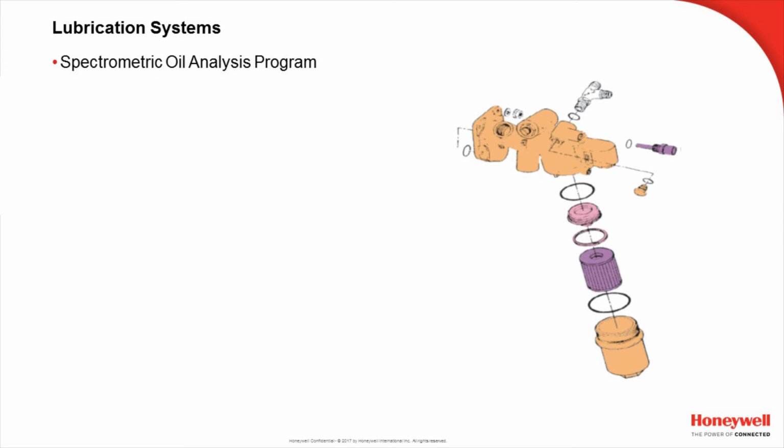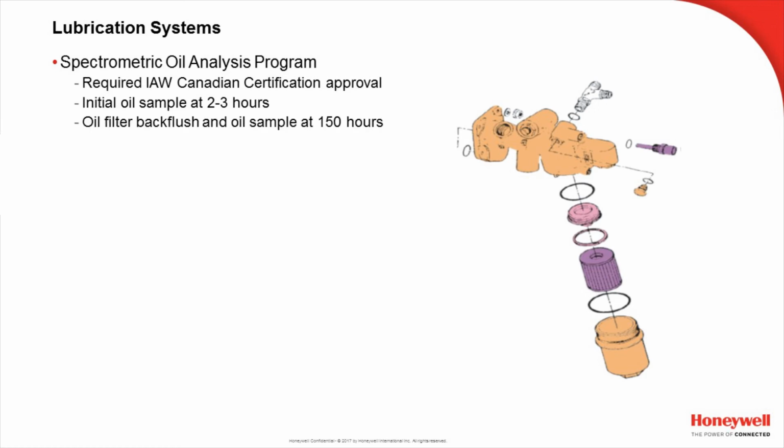We have a spectrometric oil analysis program. This was required in accordance with Canadian certification approval process. It's referenced in the Eagle instructions for continued airworthiness. This requires an initial oil sample be taken from the engine at 2 to 3 hours since engine installation, and then an oil filter backflush and an oil sample taken at 150 hours